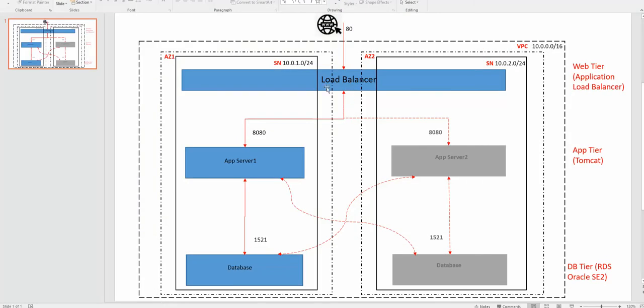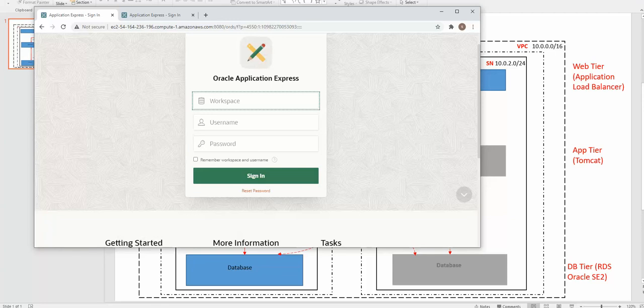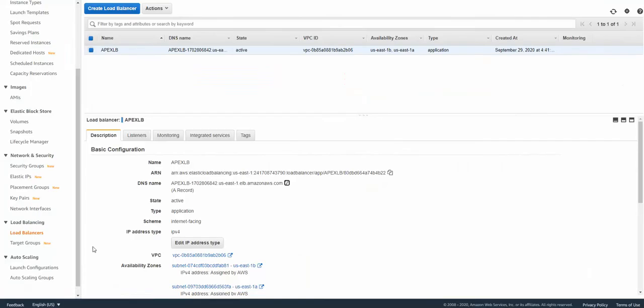So that part is done too. We are reaching out from the internet, the load balancer is connecting to the app server, and the app server is connected to the database. This entire round trip is verified with one single browser fetch. But now the problem is that I'm still able to connect directly to this instance, which is not good. We should not be able to connect to the app server from the internet. So let's go ahead and fix that.